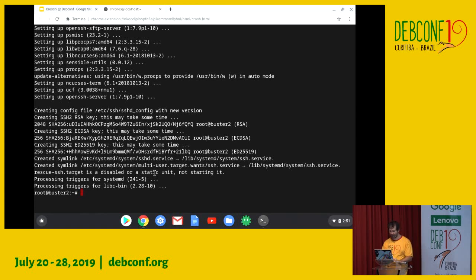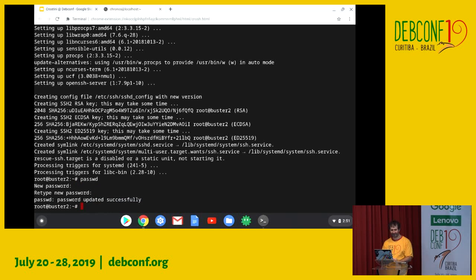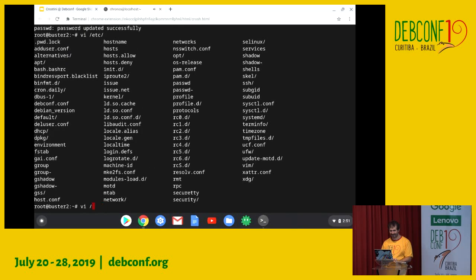Okay, it's done. So let's change the password for root to something insecure. It's not scolding me, interesting. The other distribution I was using was scolding me. Last time I did this demo, I did it with another one because Buster was not out, so there was not much point in installing another Debian since Debian is the one that it gives you by default. But now, since we can play with Buster,